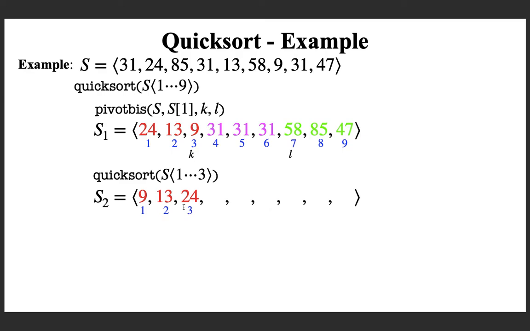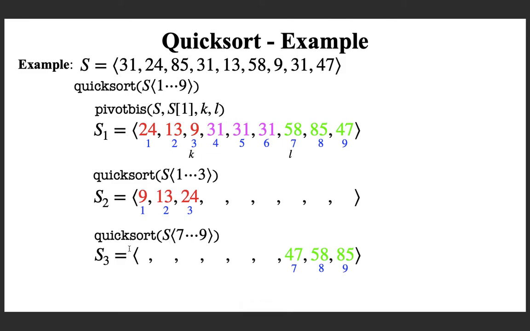And now what you can do is you apply quicksort in this subsequence from 7 to 9. Note that you are passing this subsequence from S1. Now, if you do that, this will again get sorted. So, it is 47, 58, 85 is what you need, and now you see that no further merging is required, it is already sorted. So, this is basically what a quicksort algorithm is doing to sort a given sequence of